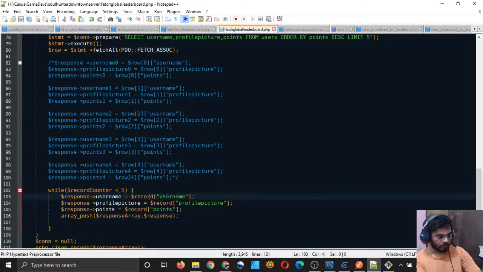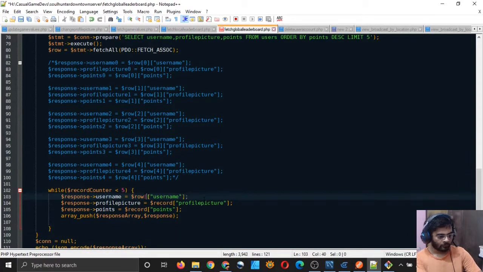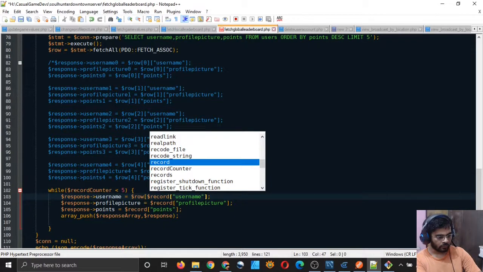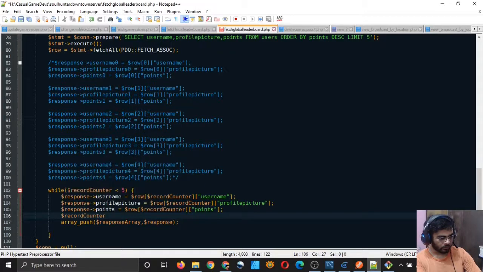Till that time I will simply row, and $recordCounter should be the index, and I will copy from here and simply paste, and increment record counter, $recordCounter plus plus.